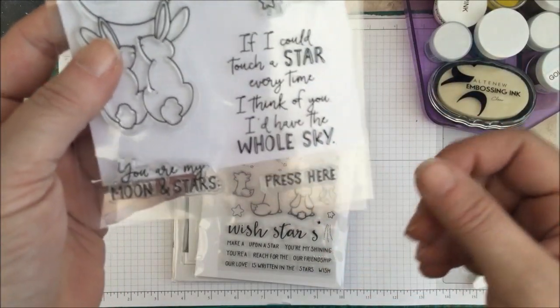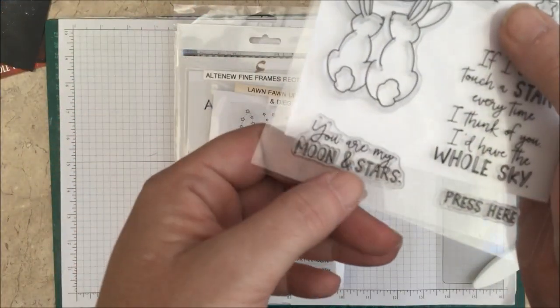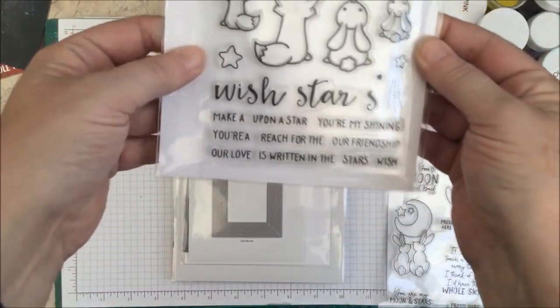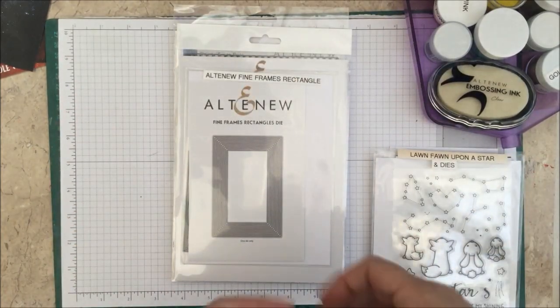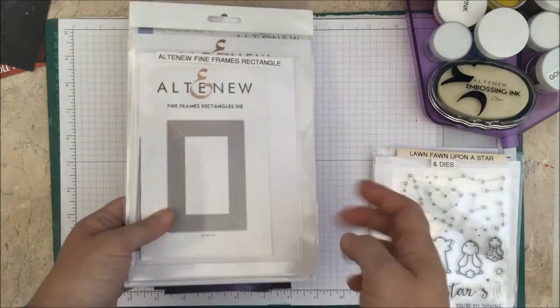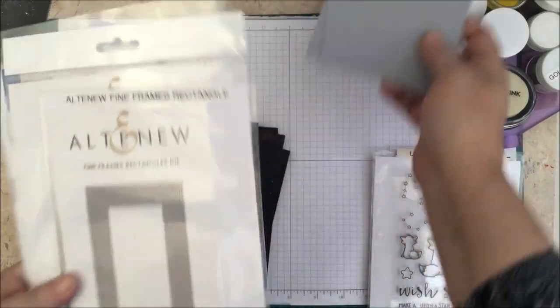If I could touch a star every time I think of you, I'd have the whole sky. You can do my moon and stars, I love you to the moon and back, and then here there's all sorts of beautiful ones. I like a lot of like the universe. There's some more I've got as well, but I also wanted to show you some bits that